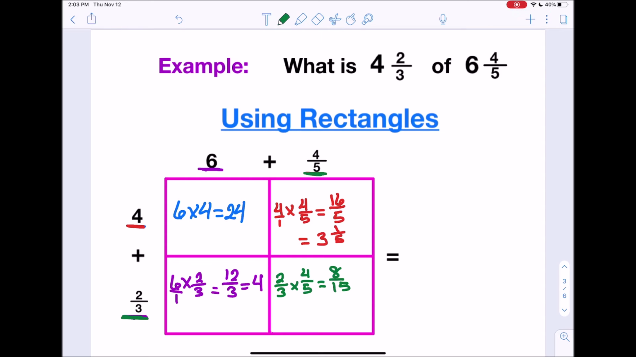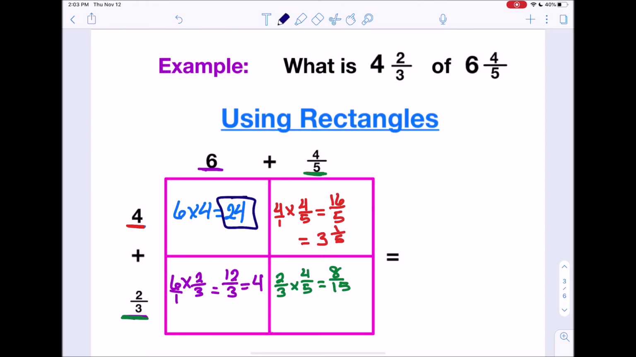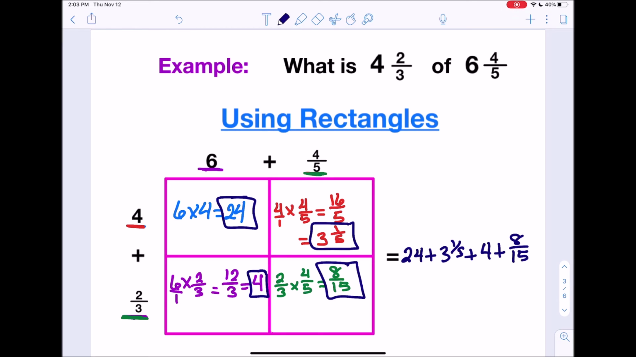Okay? Now we're ready to add up all the numbers. So we have the answer of 24, 3 1/5, 4, and 8/15. Okay, so 24 plus 3 1/5 plus 4 plus 8/15. Now, once again, add up the whole numbers first because it makes it so much easier. So I have 24 and 4, that equals 28 plus 3 1/5 plus